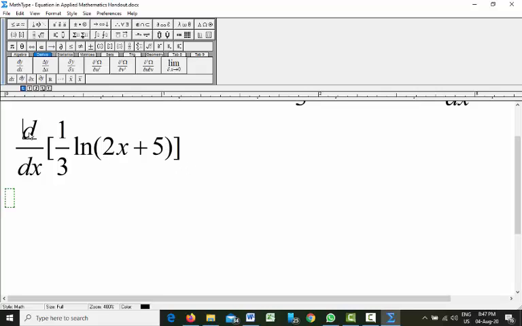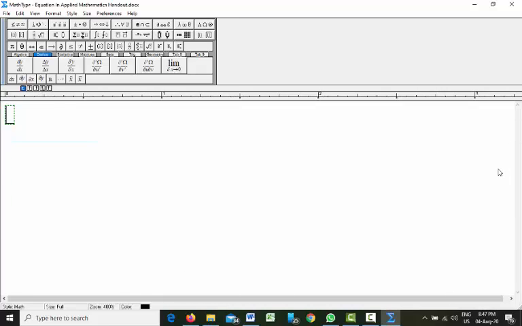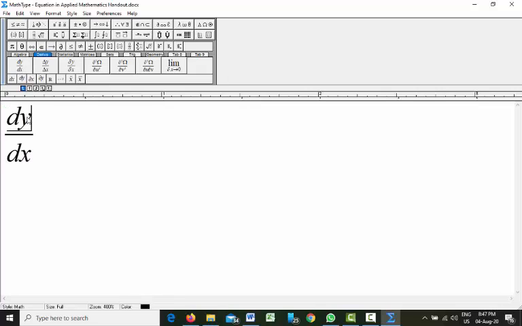For example, suppose we have a differentiation here where we have minus 2.75, we have, for example, 25.75 divided by 5 ln